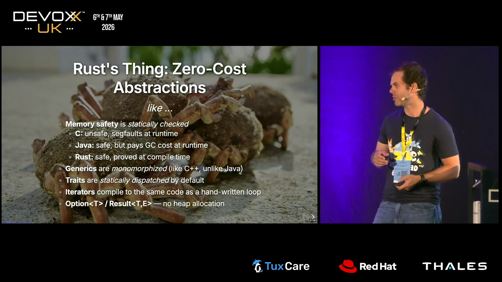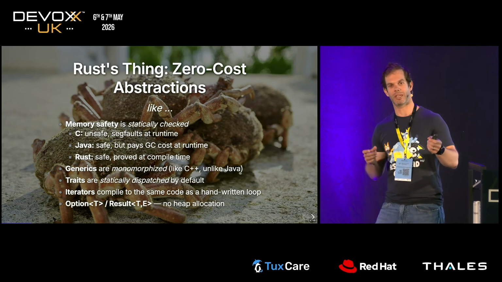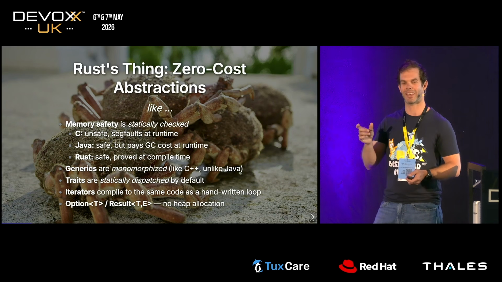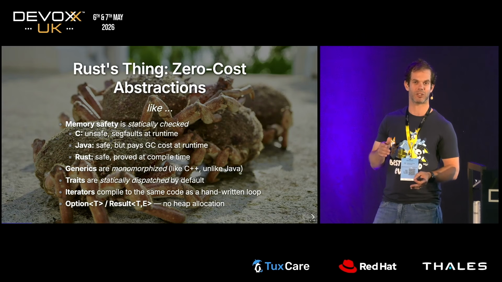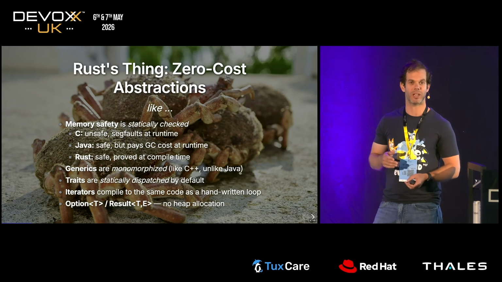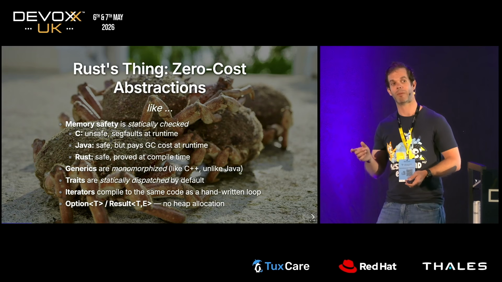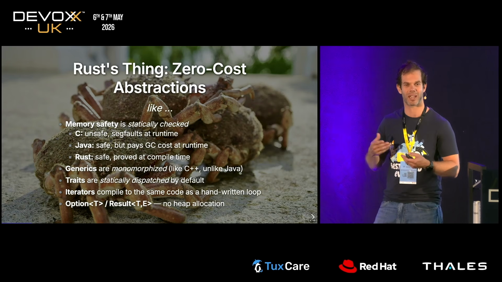And there are some other interesting ones. Option and result are core types for modeling nullability and fallible functions, and they have some cool properties. In some cases, they don't require any allocation on the heap at all, so you can wrap something in a result and it stays on the stack if you're wrapping a primitive. And in some cases, they don't even add additional storage around the thing they're wrapping, which is pretty cool when you think about it. And this isn't exhaustive. This is just to kind of give you a flavor of what Rust is going for when it makes language